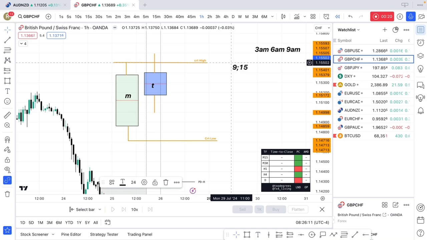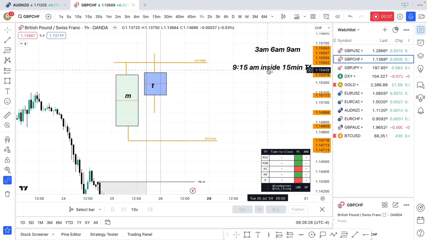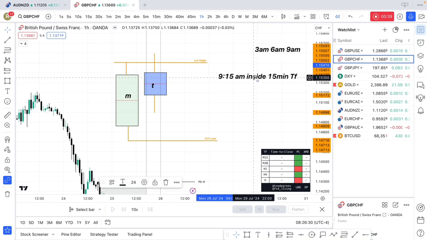9:15 a.m., inside the 15 minutes time frame. You have to wait for the 15 minutes time frame. You enter the 15 minutes for the first 15 minutes candle to be created. Inside the 15-minute candle